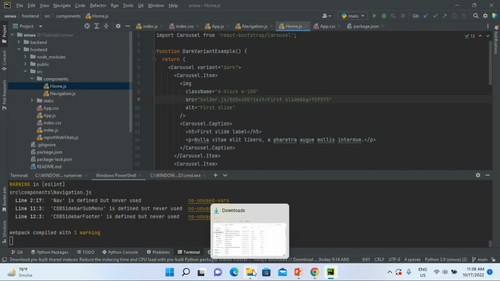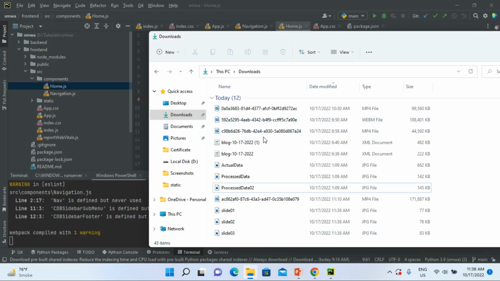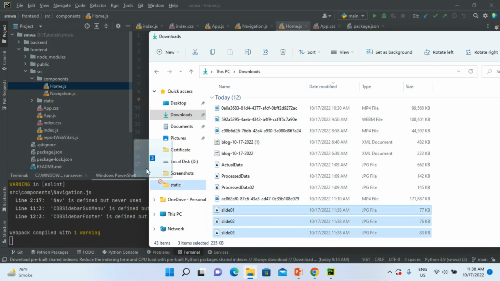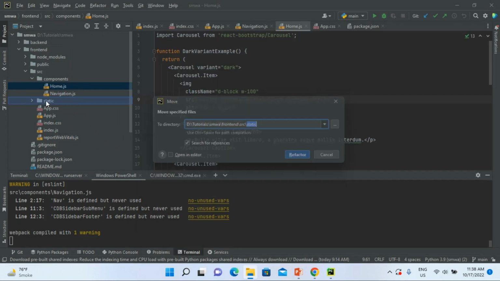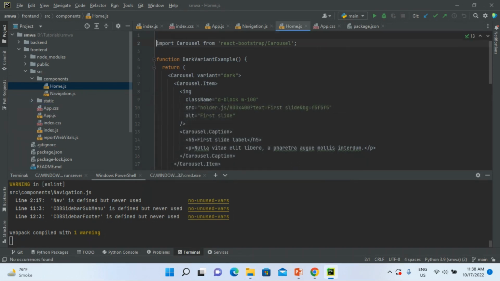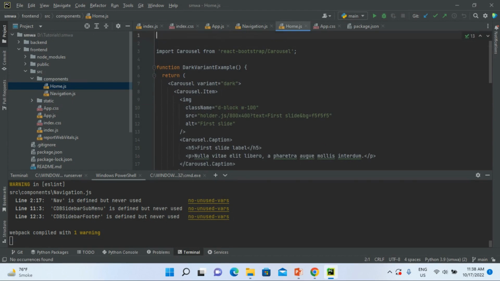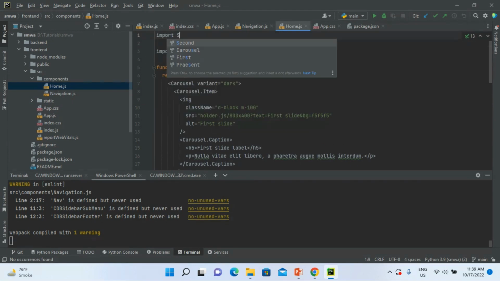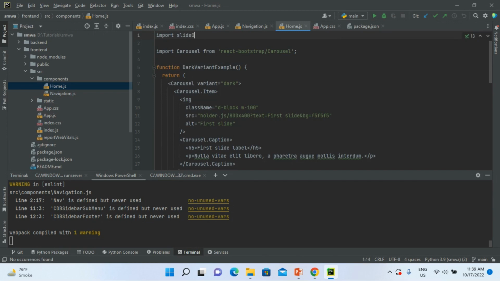I will just move these files inside my static folder. Okay, so I will take all of these files, move them inside my static folder, and now I'm going to import these here. So first I'm going to import slide 01 from slash static slash slide 01 dot jpg,